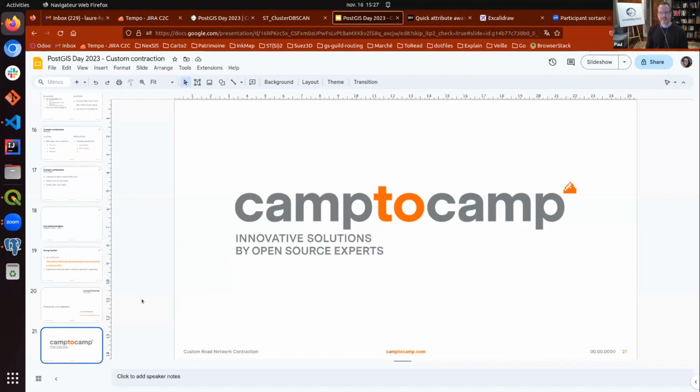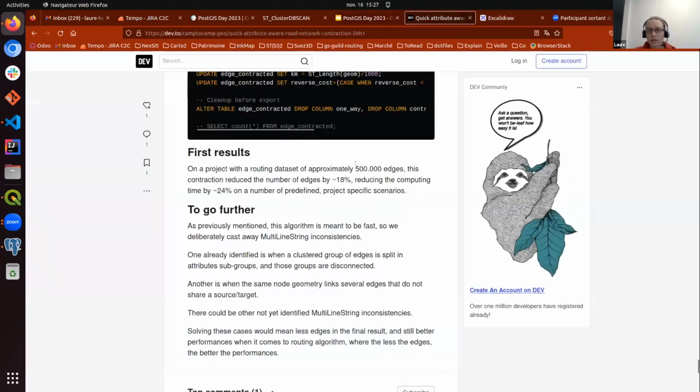So 500,000 edges, how much area does that cover? Oh, this is not OSM data. This is, I think, TomTom, a private producer. It's one department, so maybe a tenth of France.